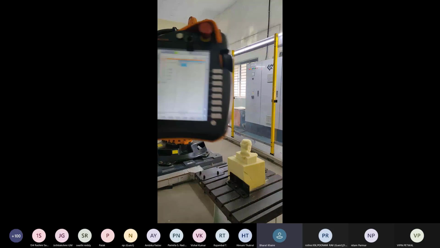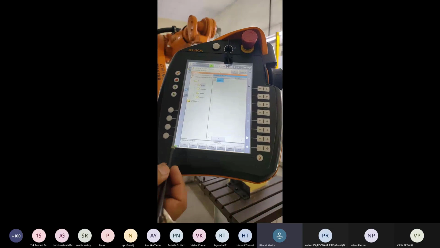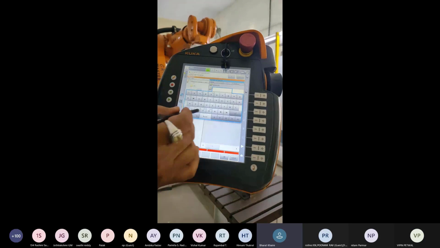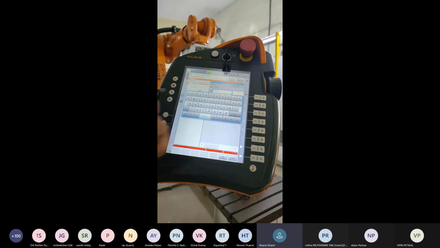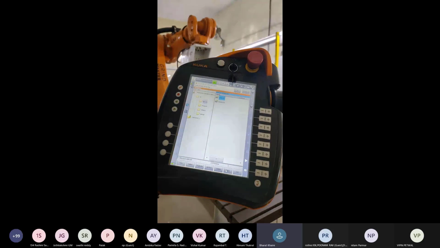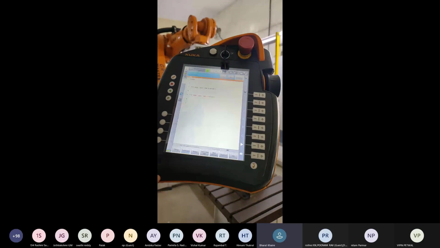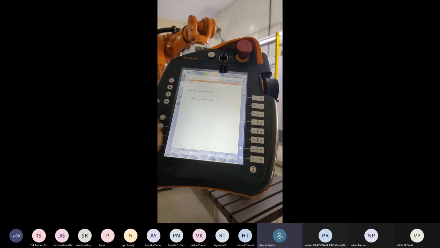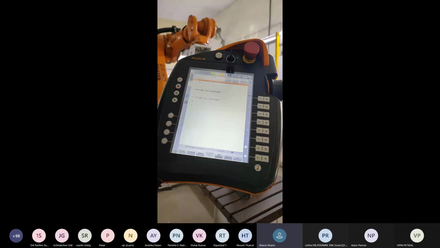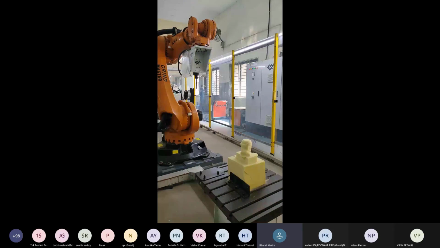We are making another program file with the name circle, and we give OK. Then select the program, select the PTP home point, block selection, and now we can give a first PTP point.